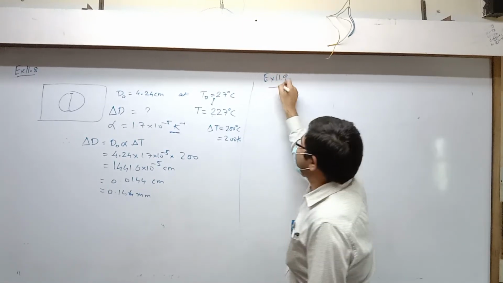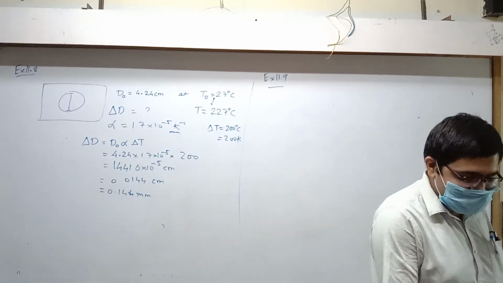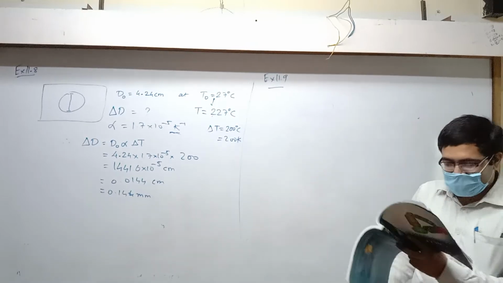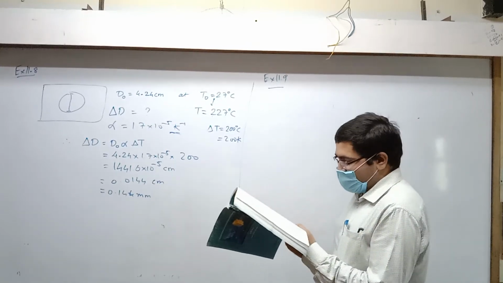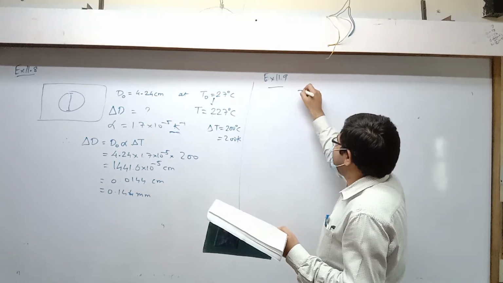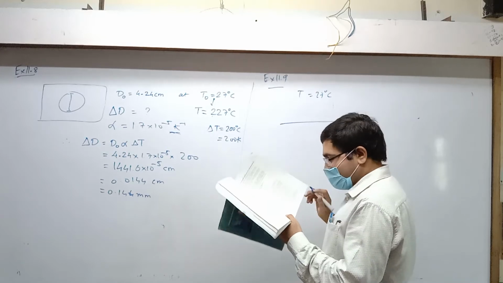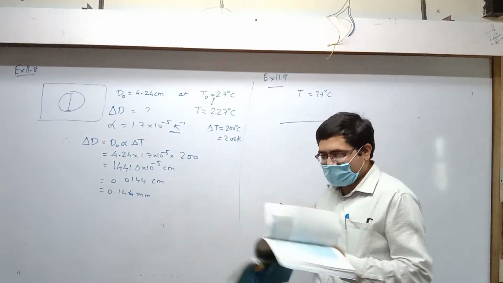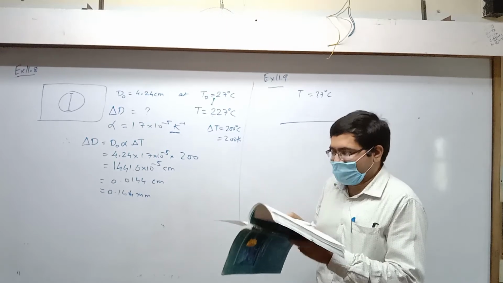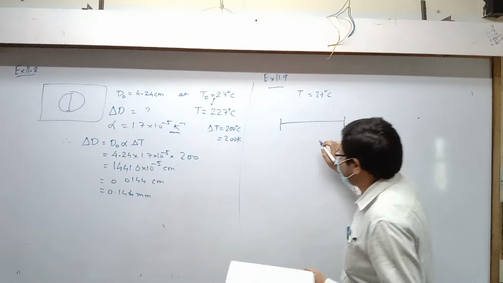Exercise is at point. So, time to draw a diagram here. A glass wire 1.8 meter long at 27 degrees Celsius is held taut, that is tight, with little tension. Little tension means almost no tension, very little tension. That's what they are saying.